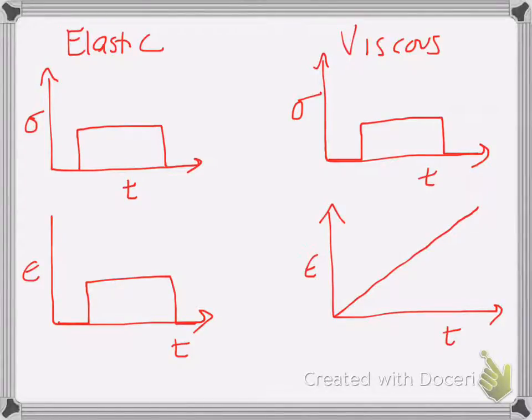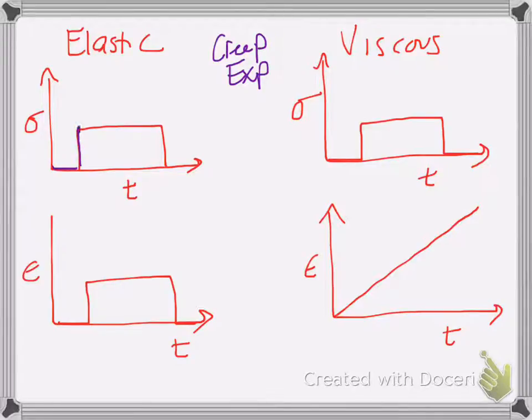So more often we want to know how a particular material behaves through time as we apply stress, or we ask it to deform to a specific amount of strain. So if we are applying a step change in stress to a material, we call that a creep experiment. And in this case, for example, we start at 0 stress. At some point we turn on the stress